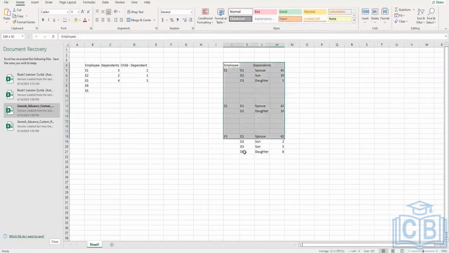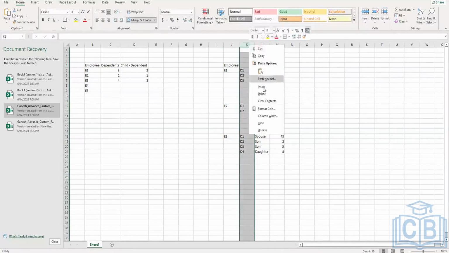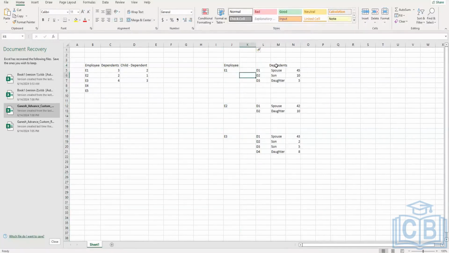This is employee. And these are dependents for employee 1. There are 3 dependents. There are 2 dependents. There are 4 dependents. Now the requirement is